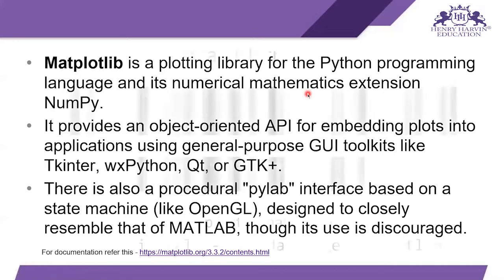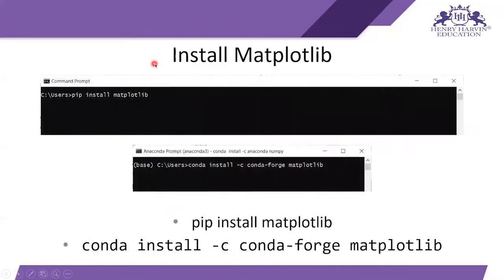And next comes the installation of Matplotlib. If you are using simple Python, ideally the IDLE, meaning the integrated development and learning environment, then you can just go to your CMD and type pip install matplotlib. When you do this, the matplotlib library will get installed in your system, and you can use it in your Python IDLE.